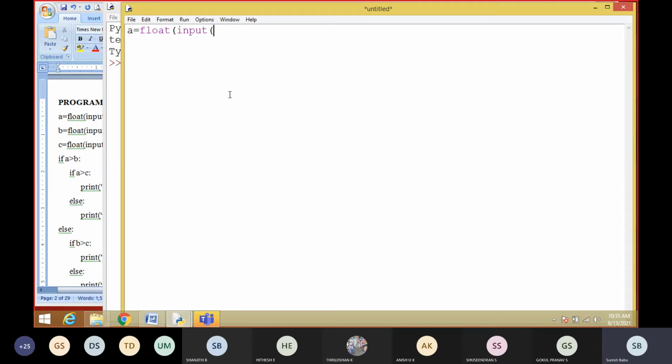So you can get any kind of number. If you are mentioning float, suppose you are giving input as 5, it will take it as 5.0, not exactly 5. Enter the first number. This is our first step. We are getting the first value, and the closing bracket is very, very important. The float of means this is the function we are creating. Inside that we are giving the input function. Again we have to create a bracket, then we should complete the bracket also.